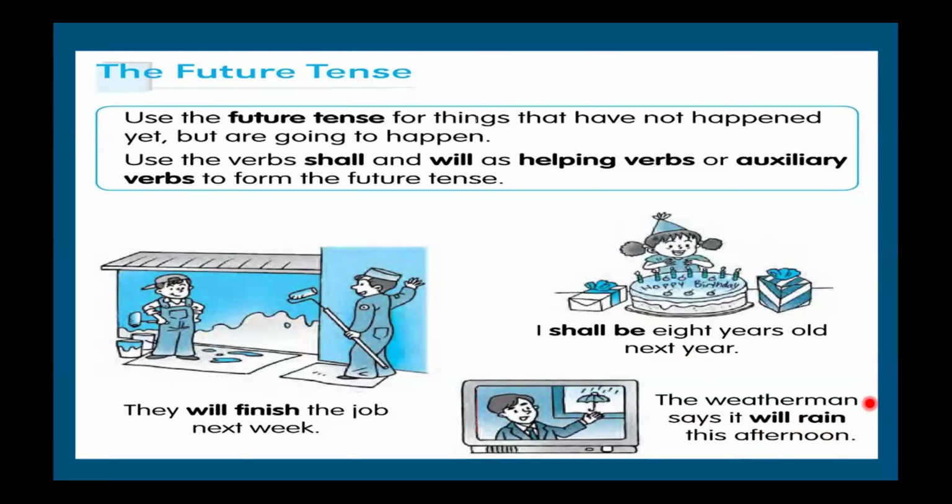Yes, weatherman. What do you call a weatherman? Who is a weatherman? जो आपको मौसम का हाल सुनाता है, उसे हाँ, कहेंगे weatherman. Weatherman. Next is